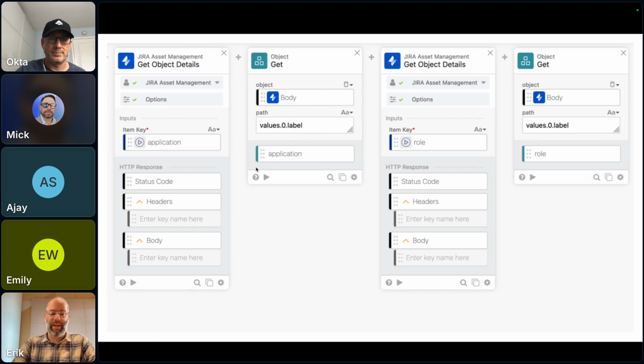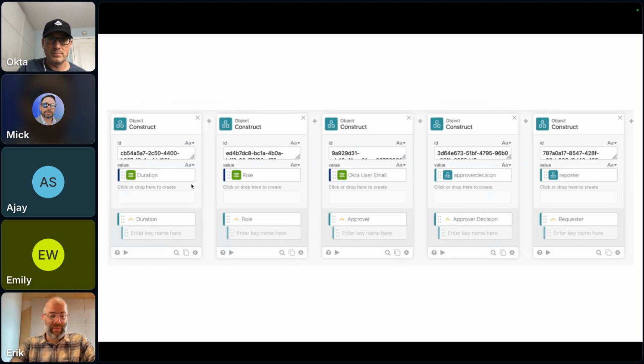So here we've got the application and the role, and then we come into the next one and you'll see we actually put in the role, and this one doesn't include the application. But this is what I was talking about, and this is an older screenshot where you see we've actually manually defined the keys that are used for the various questions. So these are all dynamic now, and these are being pulled just as I would do for the get of the object in assets. I'm going to be able to pull these attributes out as well.